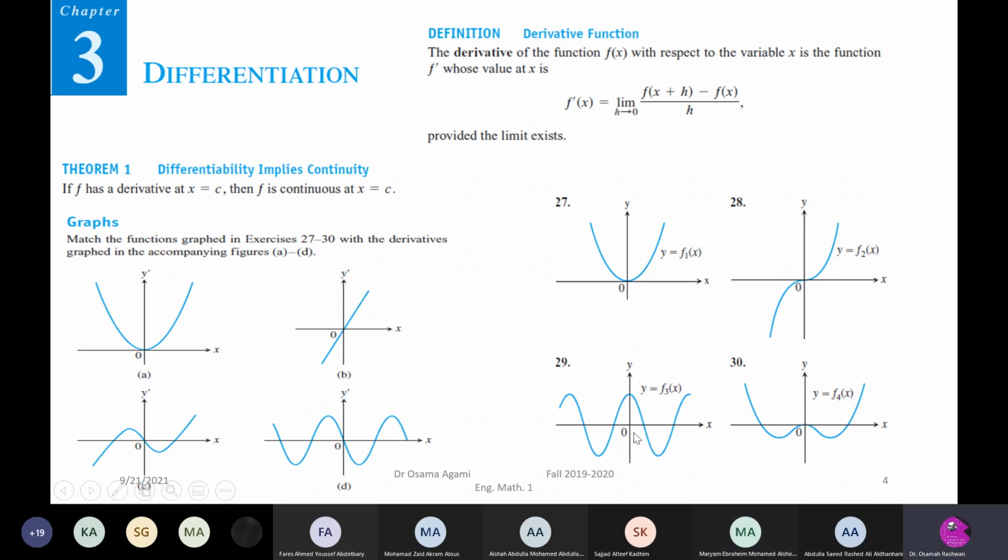Yes, now we will go to the left of the 0 in 29. From left to right, you are going up or down? From left to 0 to right, you're going up, right? Up. So the derivative should be positive or negative? Positive. Where is this one? To the left to 0 is positive. Both of them, right? Yeah. Okay. Now,